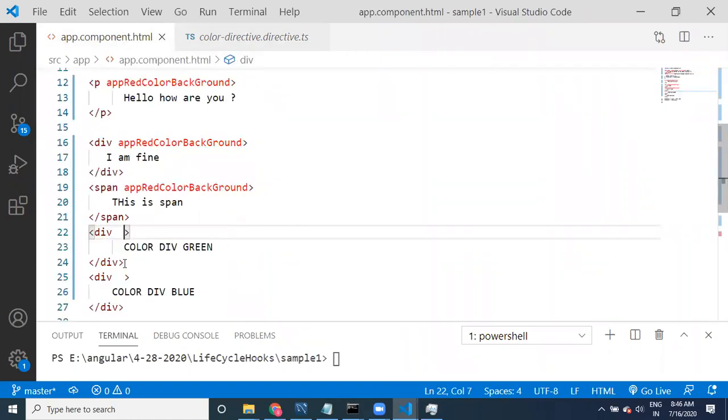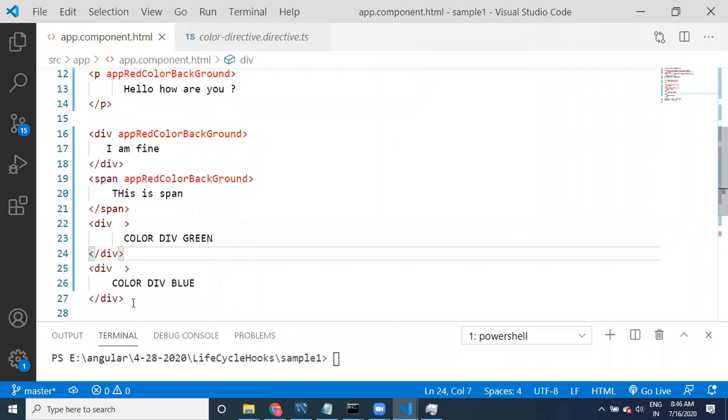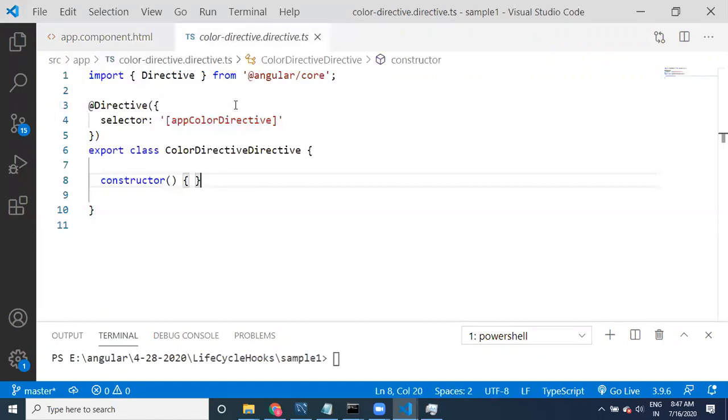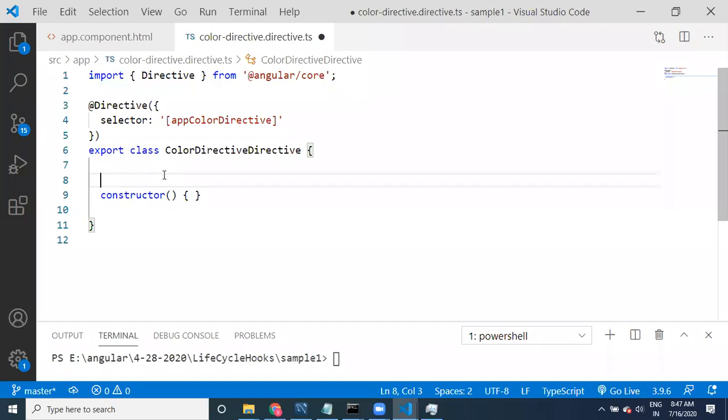What we can do is, this is a div, this is another div. We have two divs available, right? Now we need to apply the directive to this, and it has to accept some value.